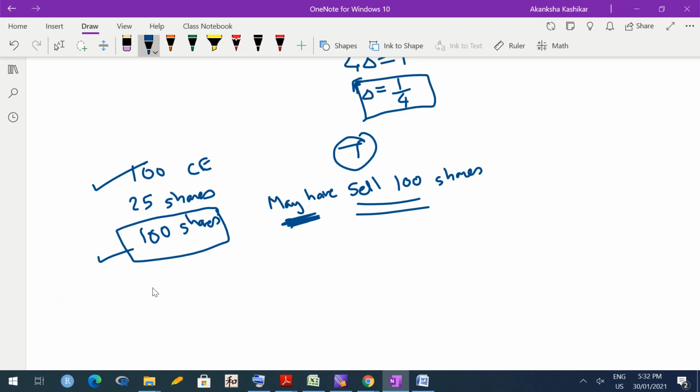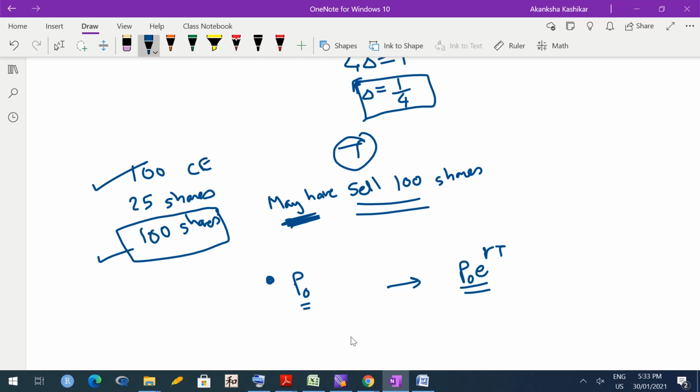And the other thing is that there should be no arbitrage opportunity. No arbitrage opportunity means what? Whatever is my portfolio worth at time 0, let us say P naught, it should become P naught e raised to RT, because this is what would be an outcome if I had invested the same amount in a bank which gives me interest at this rate R. So P naught should become P naught e raised to RT.